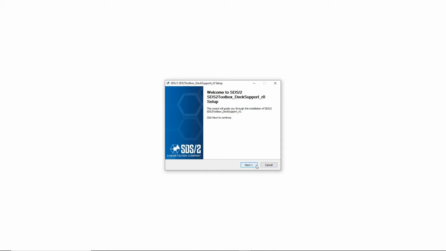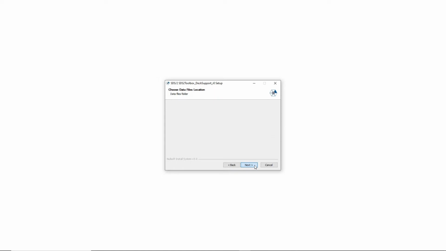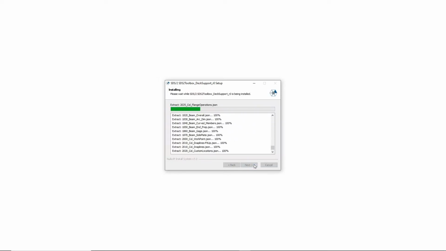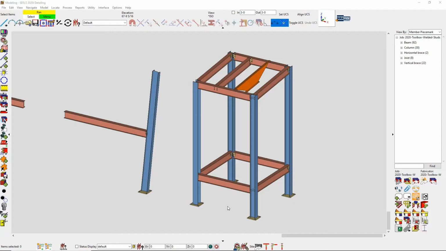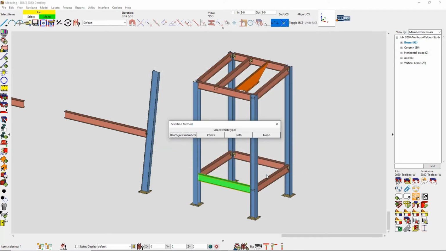Once you download it from SDS2's website, you will then install this into your correct data directory. Once the install is finished, we can launch modeling. This will be in your component add list as a deck support, and there will be 4 options for your